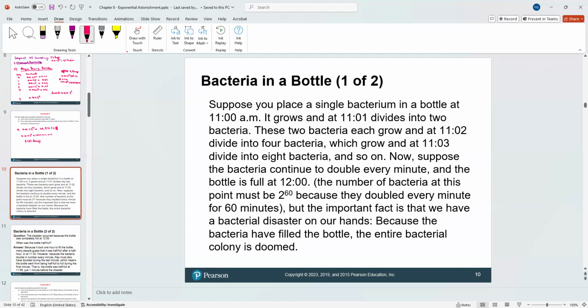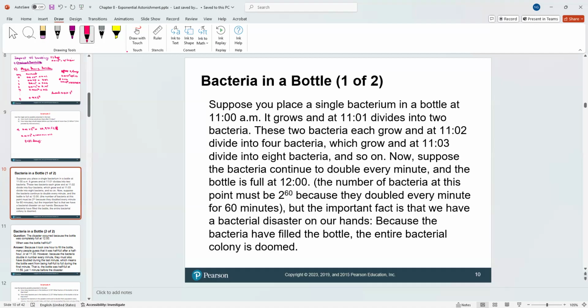The last one of the parables we're talking about, the bacteria in a bottle parable, was developed at the University of Colorado by Professor Albert, who delivered more than 1,750 lectures on exponential growth around the world over 40 years. You really need to look for it if you're interested in knowing more about this. For our third parable we return to the topics explored in the chapter opening questions, but because you haven't seen that lecture yet, I'm just going to read some of this for you.